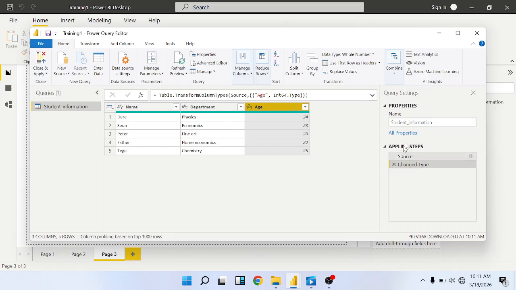So when you want to work on your applied step, you can do that. Then let's assume we want to add more rows to the data set we have here, because you remember we entered it manually. If we want to add more rows, we'll just come to this Source. You see this icon here. When you click on it, it will take us to